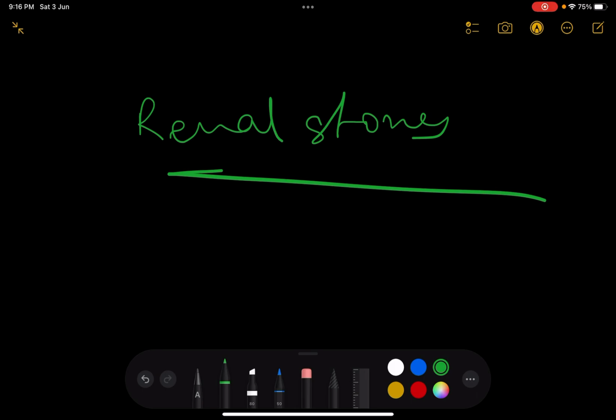Especially if the stone is very hard, it could actually cause an obstruction and even bleeding. So you don't want to do extracorporeal shockwave lithotripsy. What you want to do in such cases is definitely a percutaneous nephrolithotomy, where you directly puncture the parenchyma and make sure you remove the stone if it's in the lower calyx,